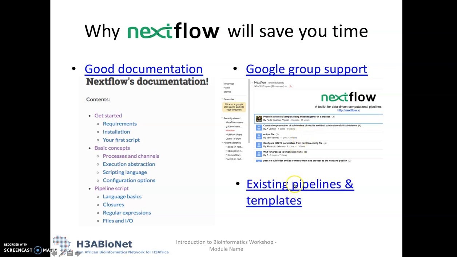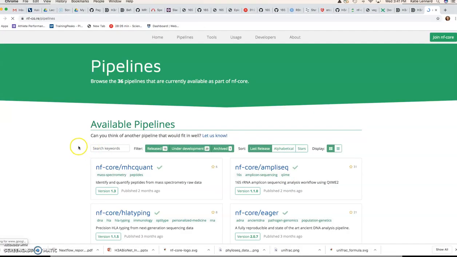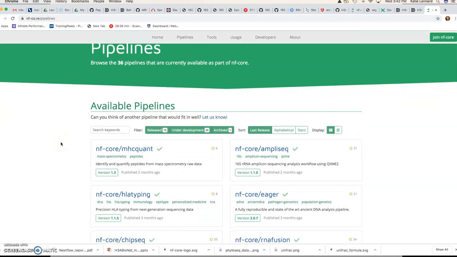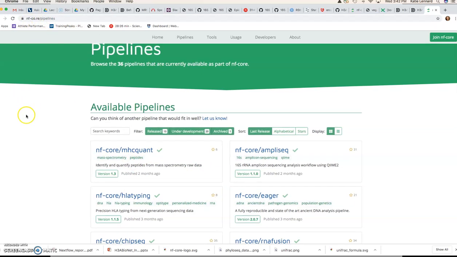And there are also quite a few existing pipelines and very good templates. So before you build your own pipeline, it's definitely worth seeing what's available already and whether you can't maybe use one of those pipelines and just adjust it slightly for your needs. So if we look at this nf-core website, it's a collection of very well curated pipelines that need to meet specific requirements to be listed here. And this same organization also has really good templates that I recommend using if you're building your own pipeline from